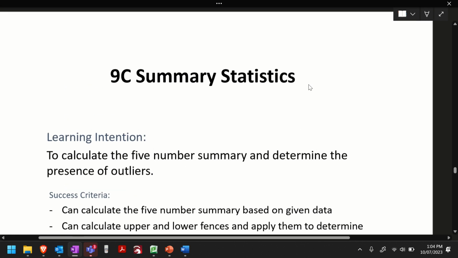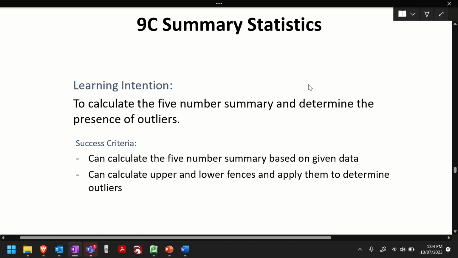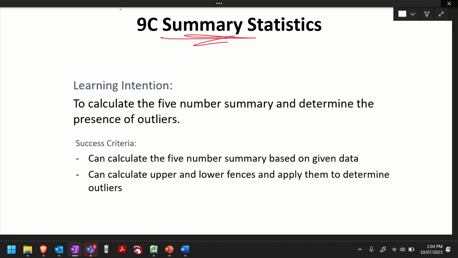Today we're going to look into summary stats. Our intention for this session is, if you look at the word summary, what do you think the word summary means? You're going to summarize. What does it mean to summarize something? Estevan, what does summary mean? What if I ask you to summarize a paragraph? What does that mean? Read it, so you know the information, and shorten it.